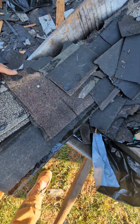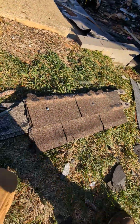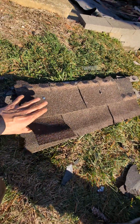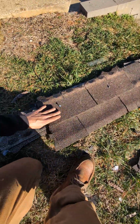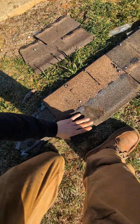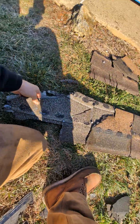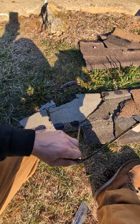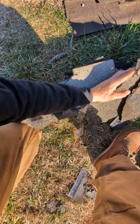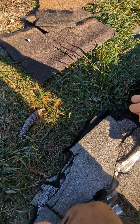And then, just one final piece, since the ridge was pulled off, just so there is no question whatsoever, I'm just going to pull this out. Okay, so you can see this is right at the top. Okay, and here you are. You have your first layer of shingles that obviously we were aware of. But then you have a second layer of shingles. We were obviously aware of that, which was included in the estimate as well. But if you see, under that second layer,